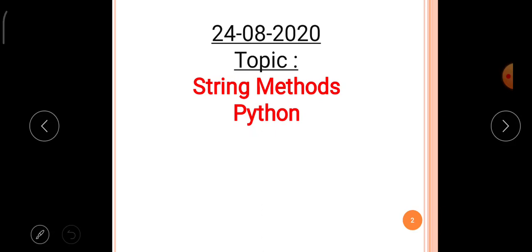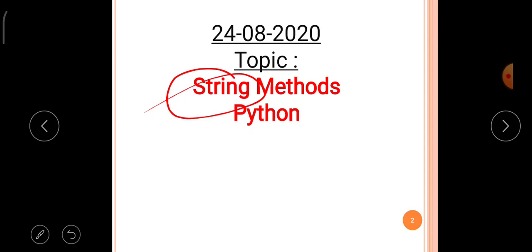What is the meaning of string? A string is nothing but a collection of one or more characters. The group of characters is called a string. The methods which are performed on string data are called string methods.